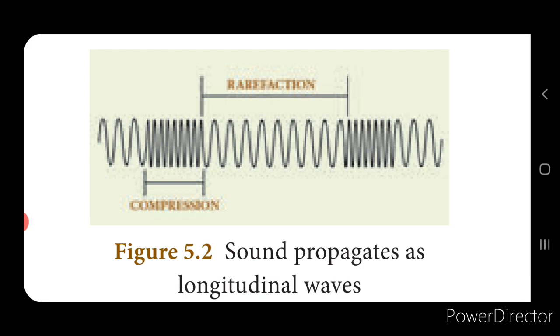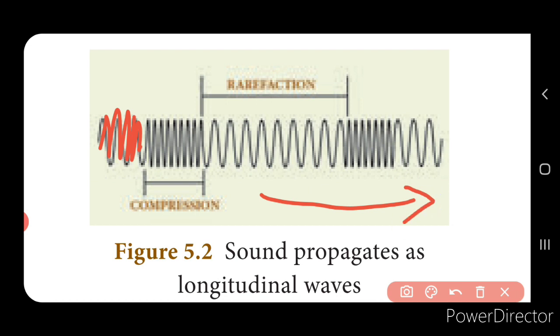So there will be a displacement in the particles. This displacement involves the longitudinal displacement, right? The particles vibrate from their position, and as they vibrate, they produce a longitudinal movement. It moves forward, right? Due to the vibration, now what will happen? It results in a series of high pressure and low pressure regions, isn't it?